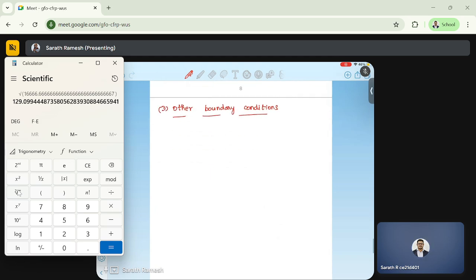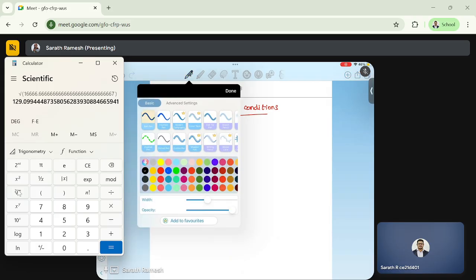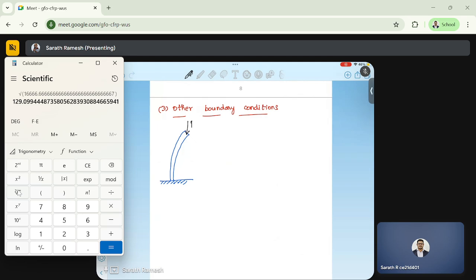So other possible boundary conditions are, I can have a fixed and free, like a cantilever, and this length is L. Okay, so we can derive the value of the critical load, and we'll find that